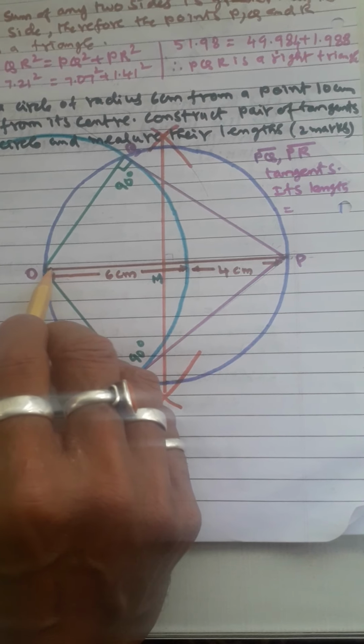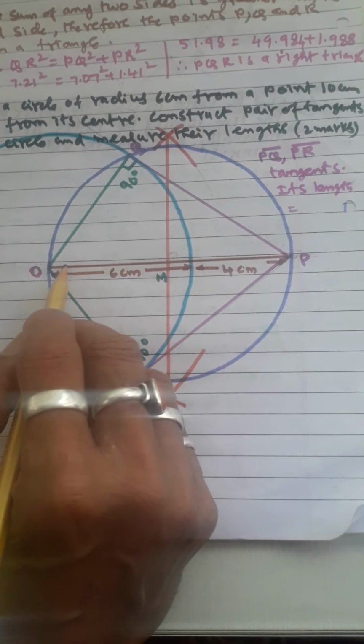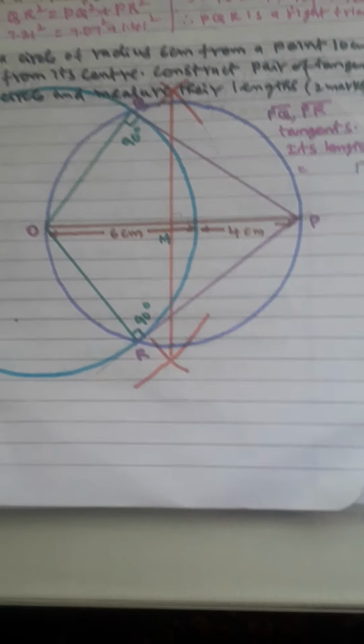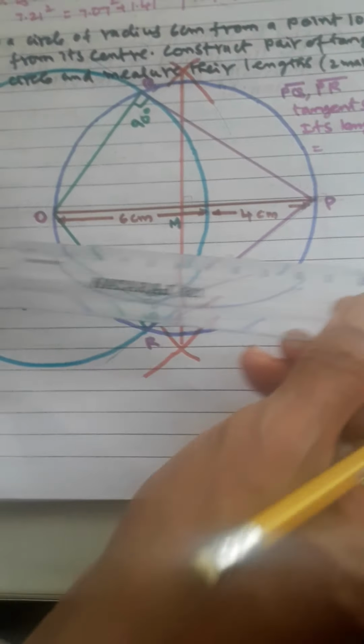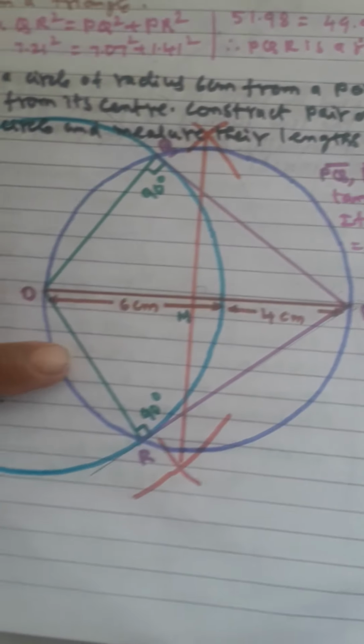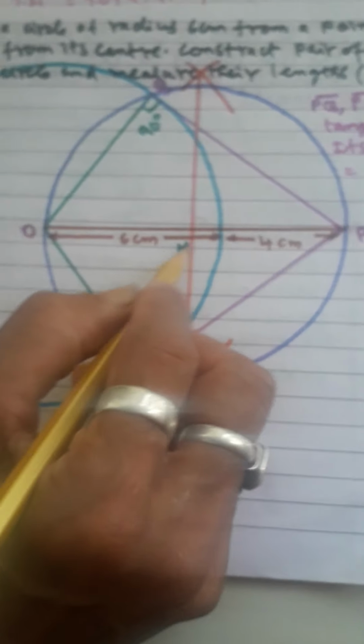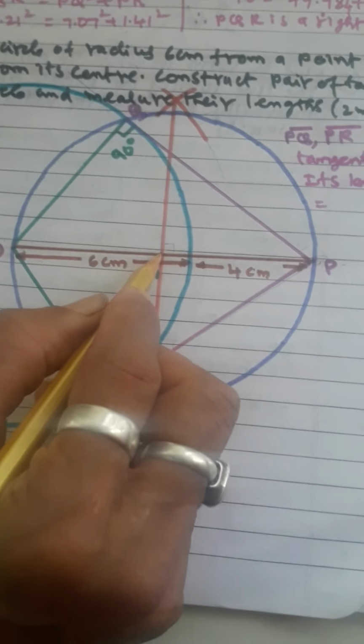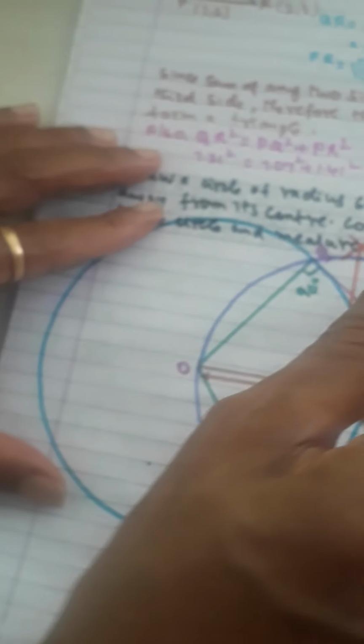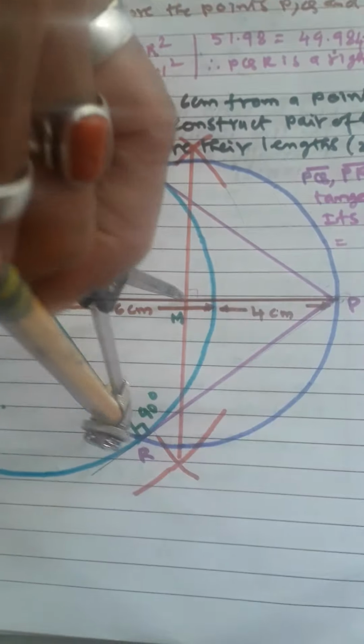Bisect means what? Totally this line is 10 cm. So if you just check it, you will get 5 cm here, and then here also you will get 5 cm only. So perpendicular and bisector, that is what we call the perpendicular bisector. After you get that middle point as M, from there using the compass, you draw another circle like this. Same, that 5 cm.